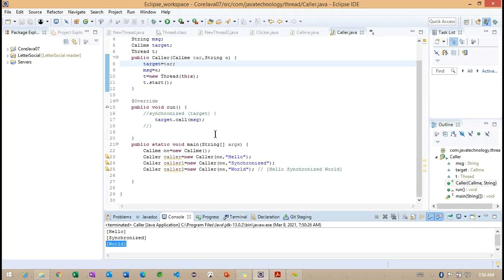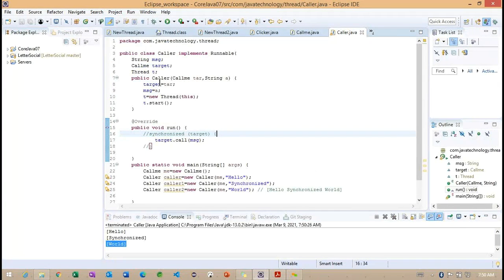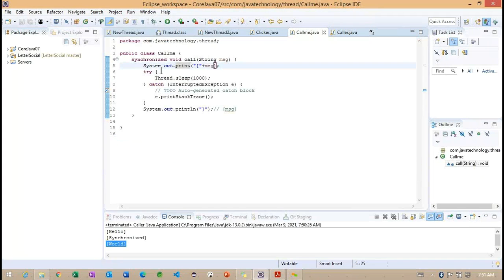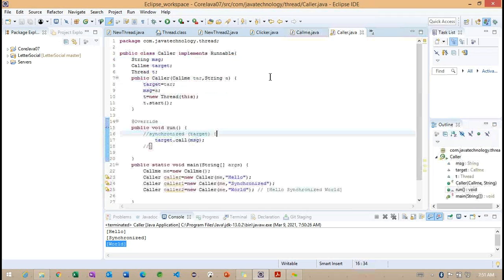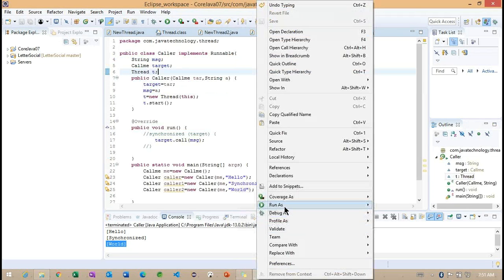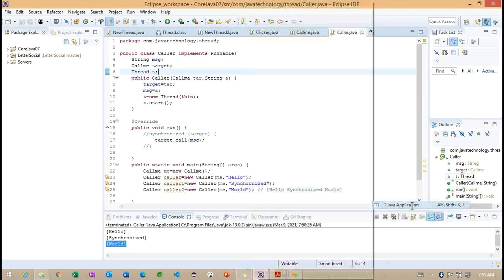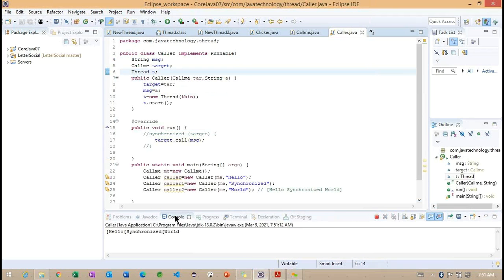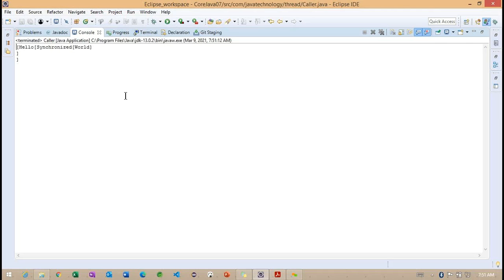So if I remove this, I want to run the same example one more time. Carefully observe, I'm removing the synchronized keyword here. Observe how it prints the message. Hello opening, but it is not closed. Again, one more open, which is synchronized.